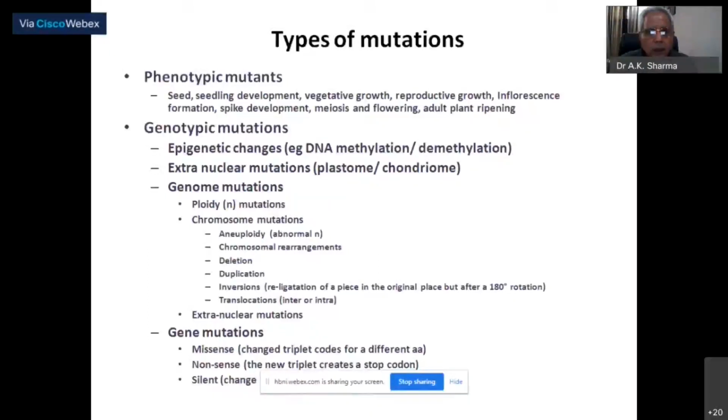Are there any changes in the development of seedlings, or changes in vegetative growth, reproductive growth, or inflorescence, or in their flowering pattern, or any changes in the ripening of